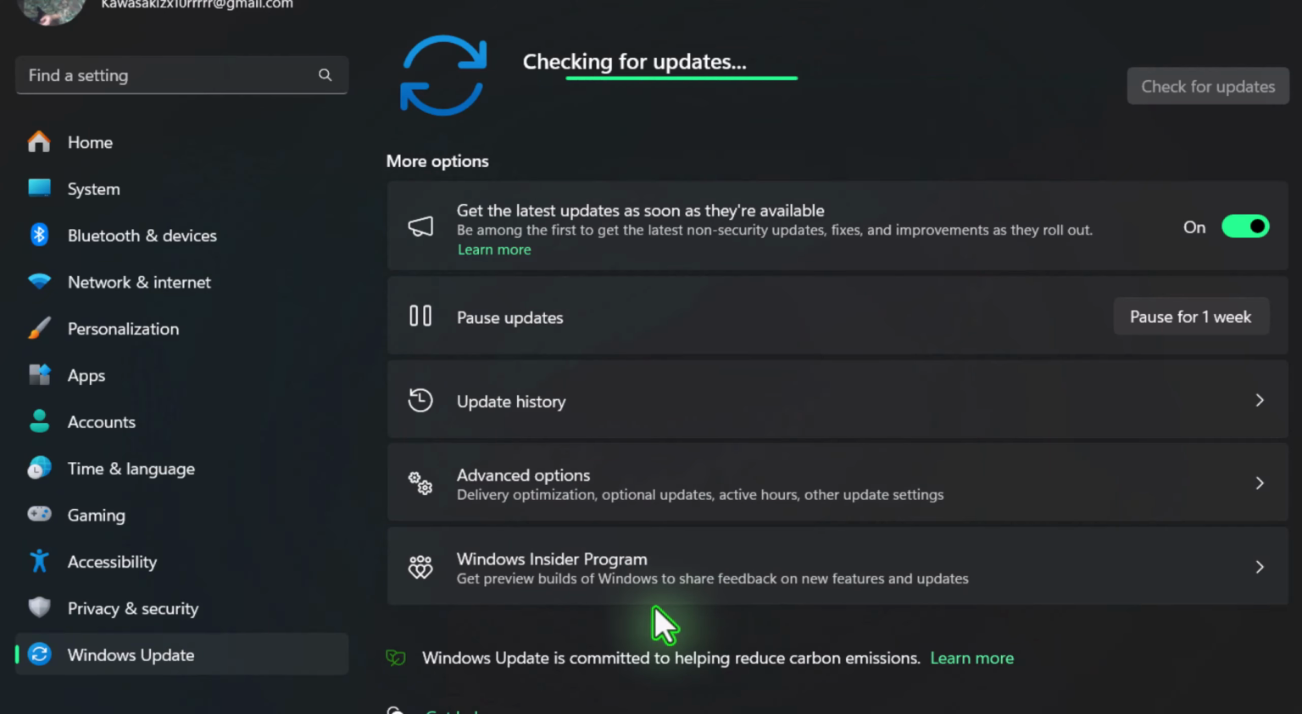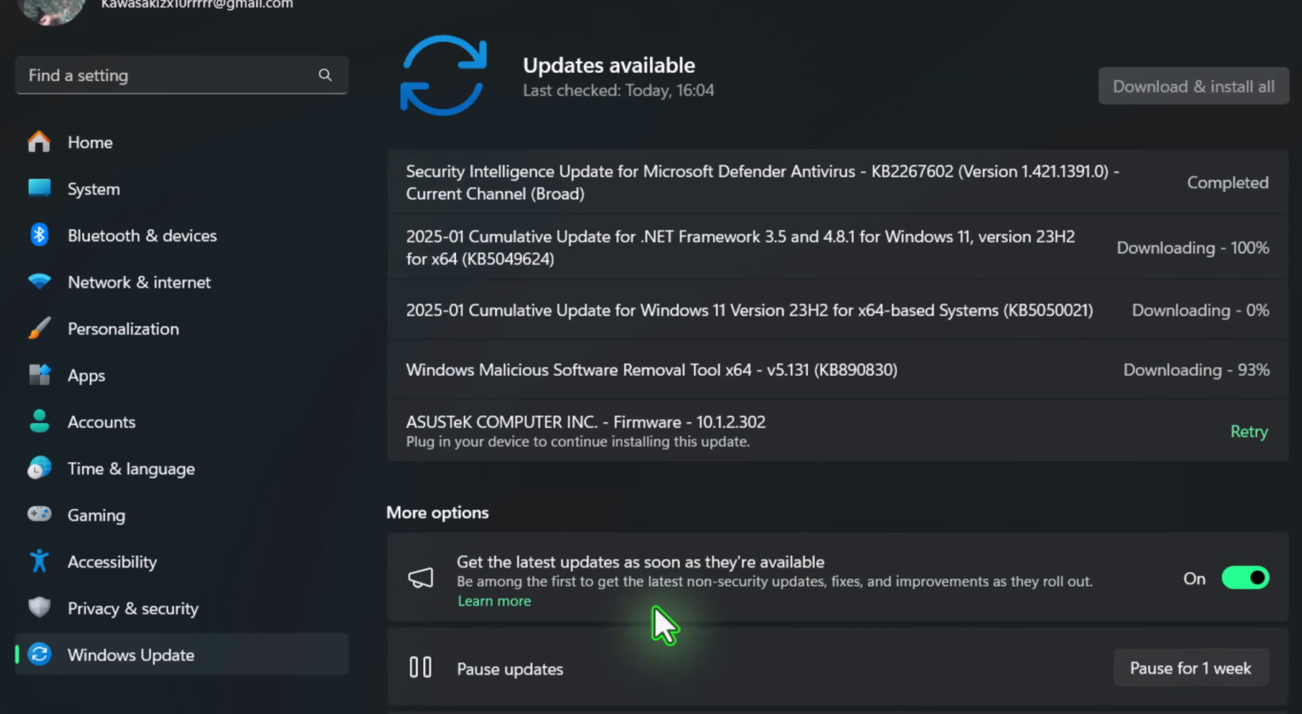It will be back on the same percentage and everything, like as you see here. And like I said, system KB5050021, and we have a Windows Malicious Software Removal Tool, 64 based v5.131